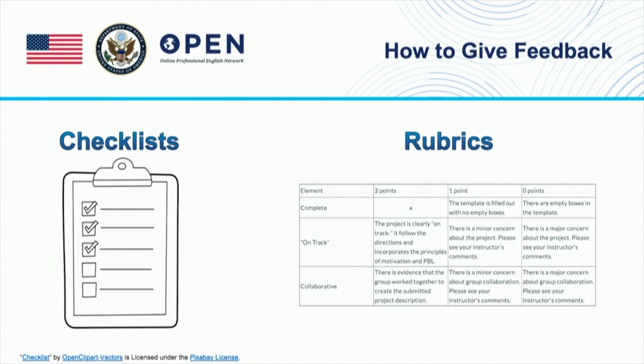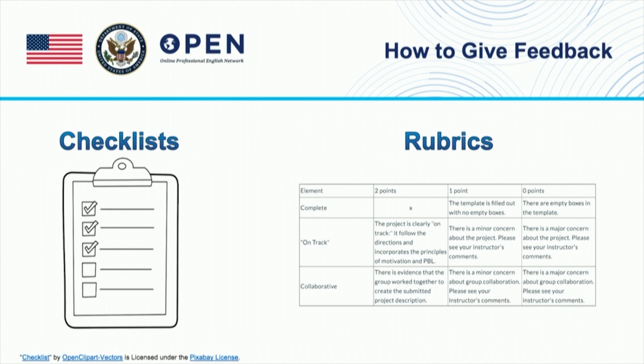For extended assignments, such as essays or projects, teachers often choose to use a checklist or rubric for formative and summative feedback. Checklists show the steps, skills, or materials students need to successfully fulfill an assignment. Both teachers and students can use the checklist for formative assessment to note what is complete and what still needs work.